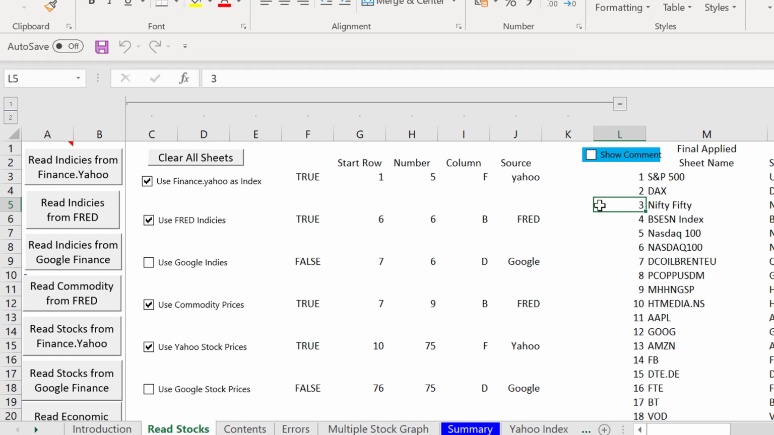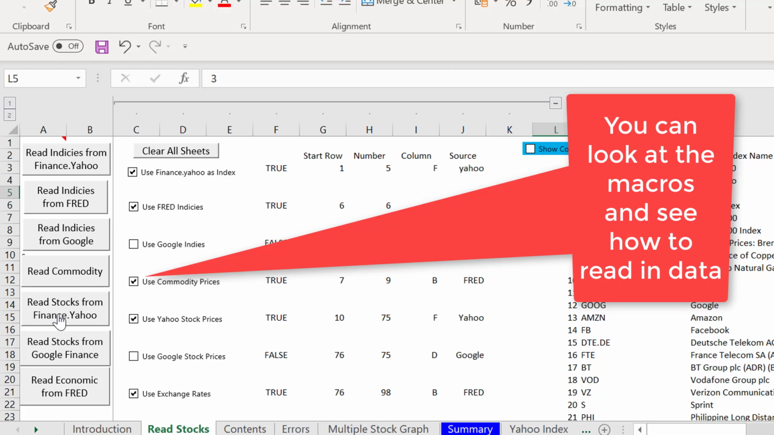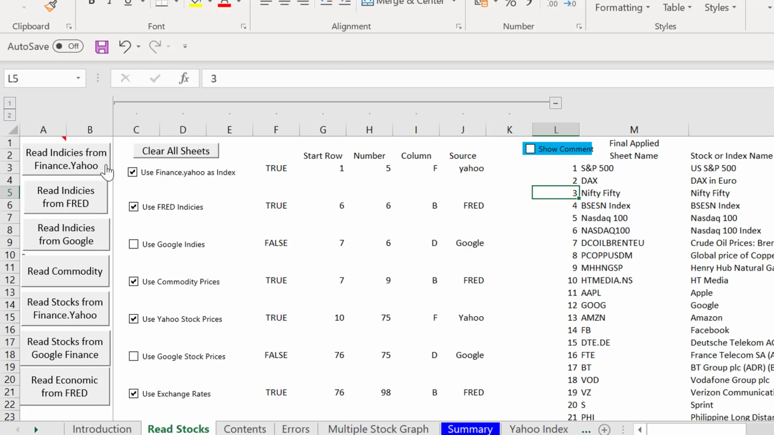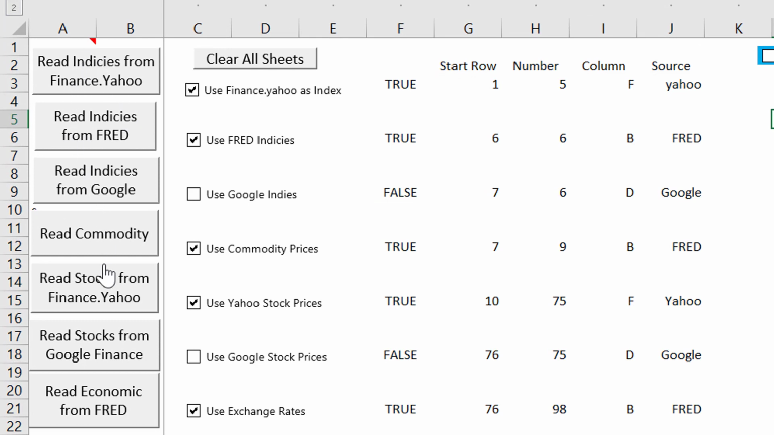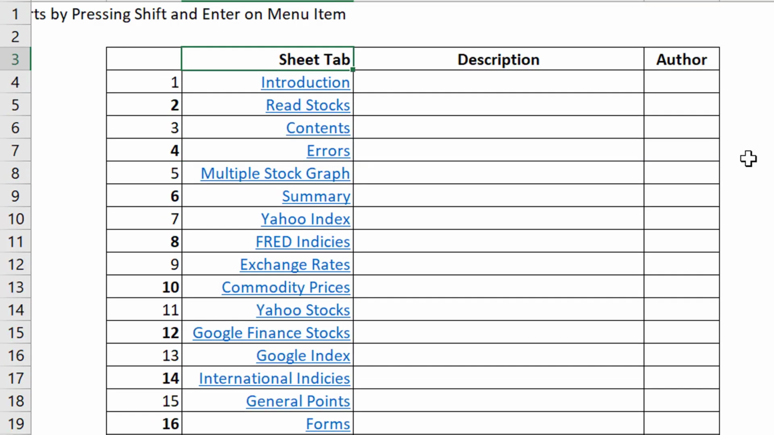Now, in this file, you can read data from economic series. Perhaps I'll make it a tiny little bit smaller. You can read data from stocks. You can read commodity prices. You can read indices, stock price indices, and you can get them from either the Federal Reserve data or from Yahoo data. There are a couple of options to read data from Google Finance websites, but they changed, and it turns out that Yahoo really, if you can read it from Yahoo,